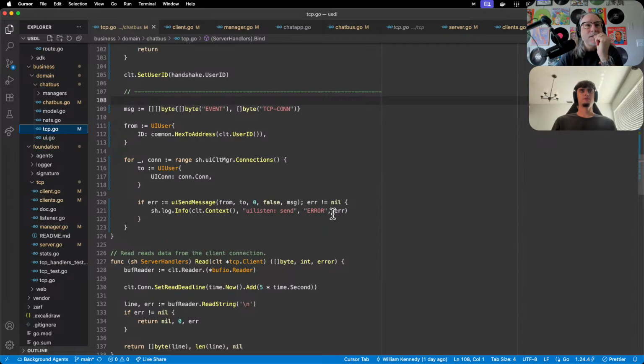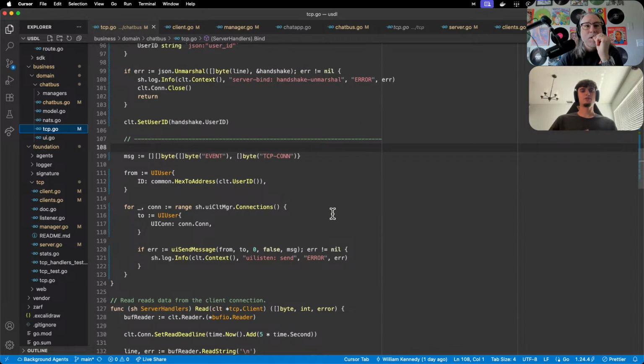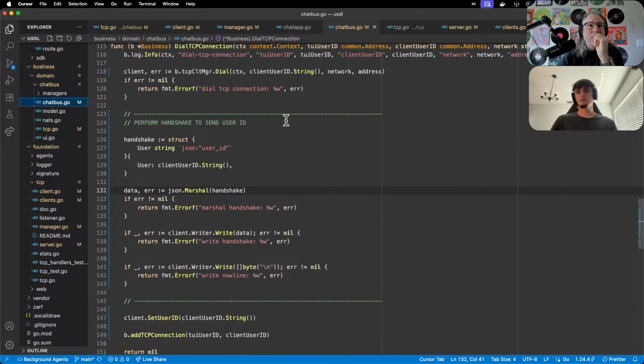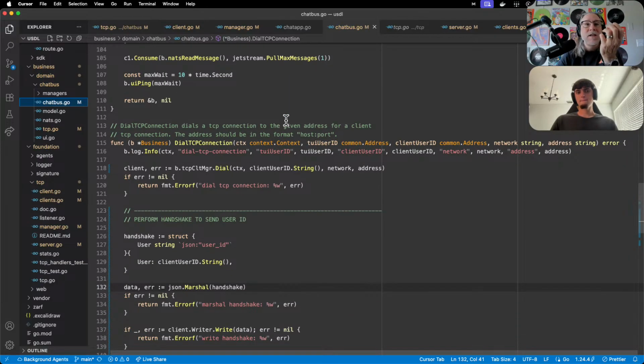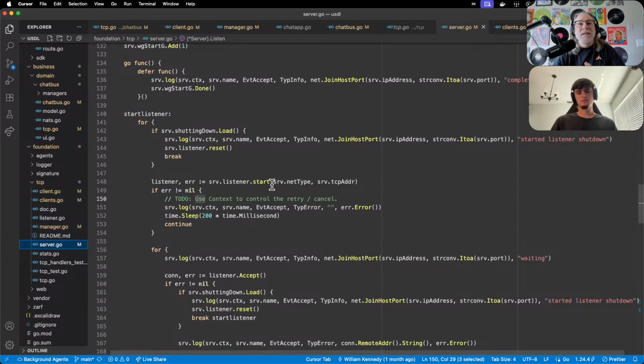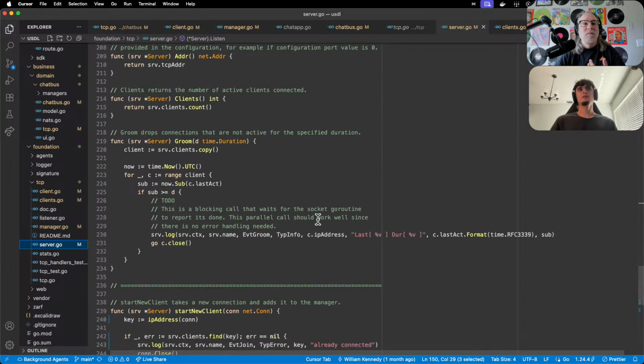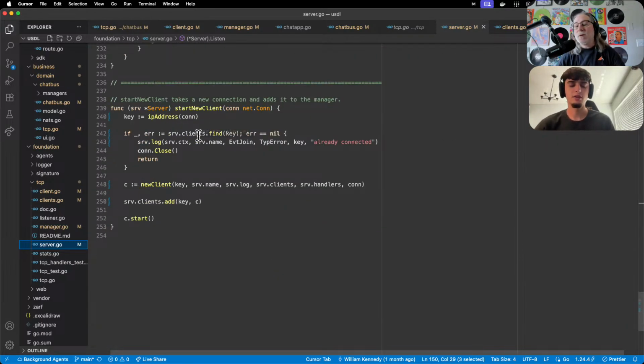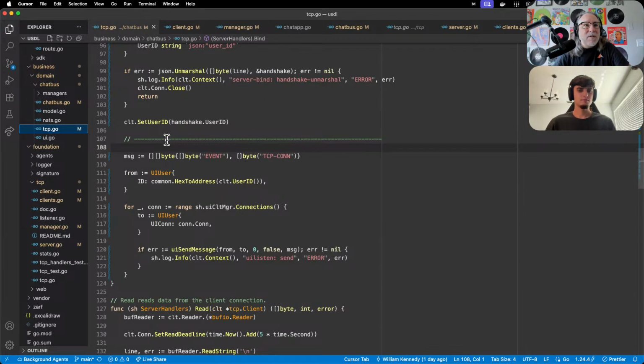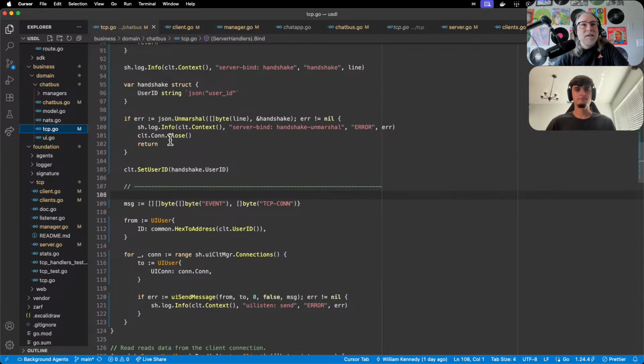So now the key portion of that, how did that work again? On the client side, the key is the same as the user ID. When we establish the connection to the cap, we're controlling the key. But on the server side, when we accept a connection, we're using the IP address as the key because we don't know any better until we go through that protocol bump. And then at that point, we just set the